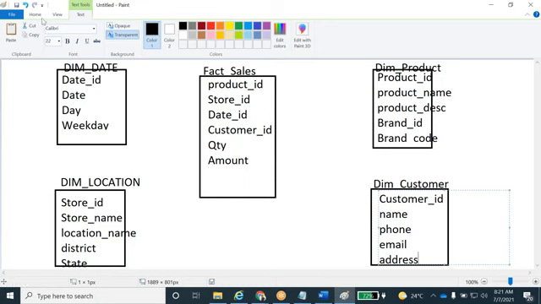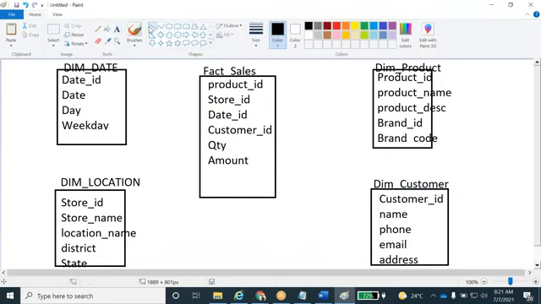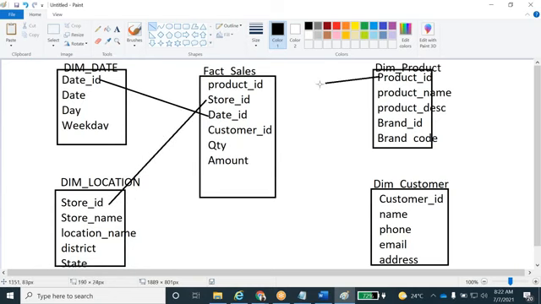Okay, how is it going to connect? Here they give the date ID to date ID join connection. Okay, here store ID to store ID. Like this it is going to connect product ID. So if I want to retrieve a particular week, a particular store, all product information per particular customer, then we have to write the joins. With all these joins I can write the join, and then I can get the data, right?